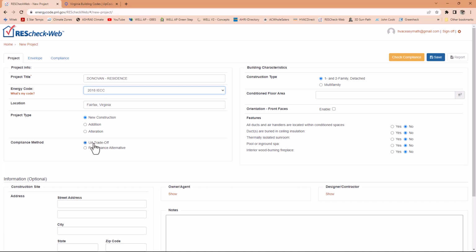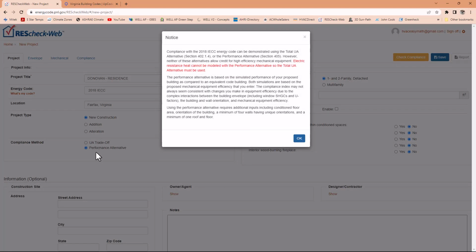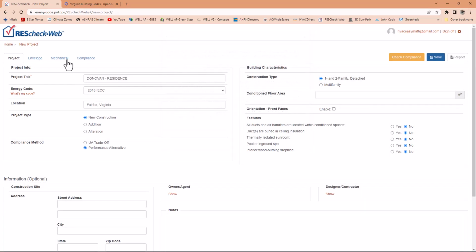When you're doing the UA trade-off, you're only putting information about the envelope, which means the wall area and the wall U value, UA, right? U factor times gross area. U factor and area of what? The envelope. Okay, and whenever you're doing performance alternative, what you are taking into account is the mechanical system, and